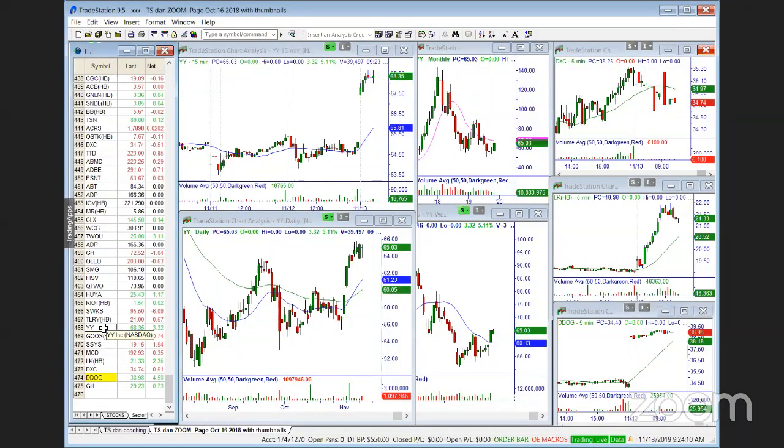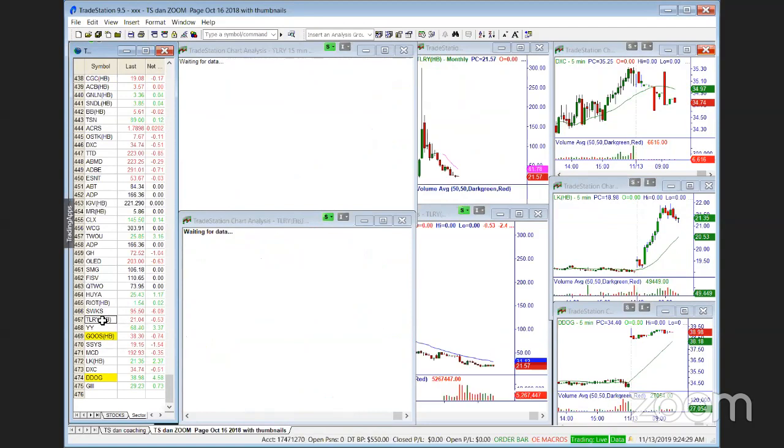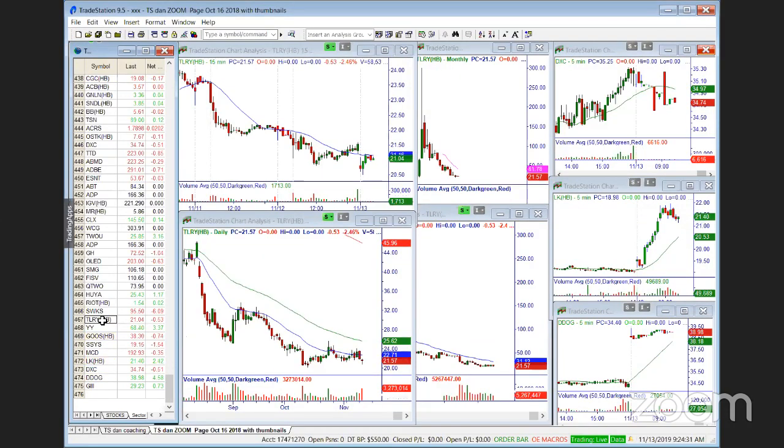YY. The gap's too big, but if it were gapping just in the low 66s, this has room to 70 and change, 70 to 75. Let's keep an eye on that. Oh, Tilray was this earnings? I know Tilray was this week along with some of the other marijuana stocks. No pattern though.